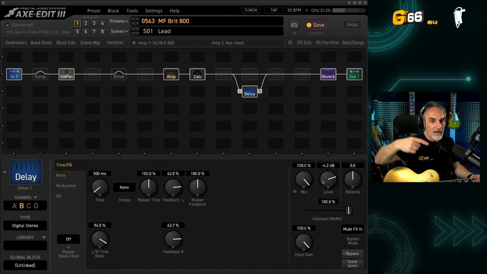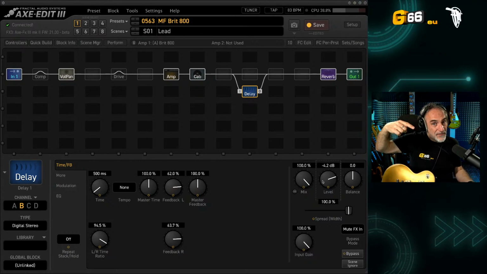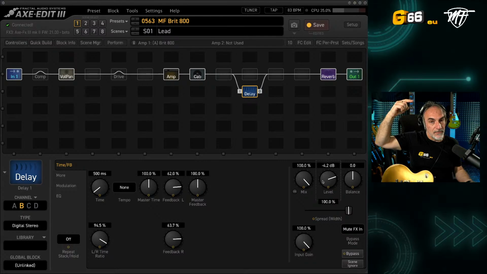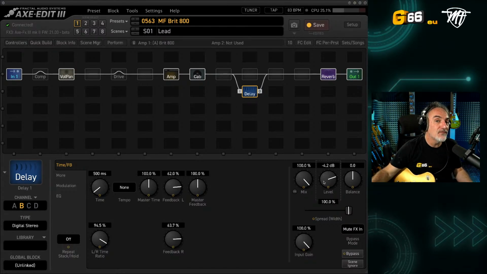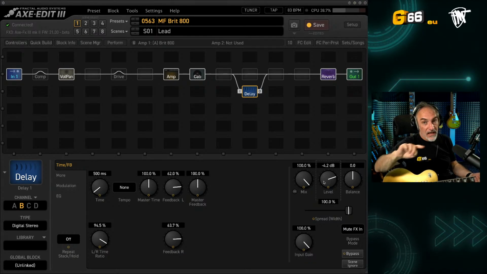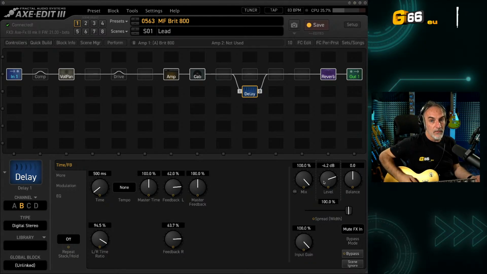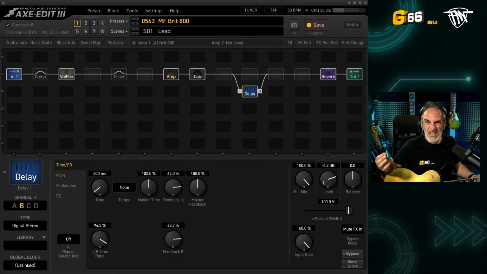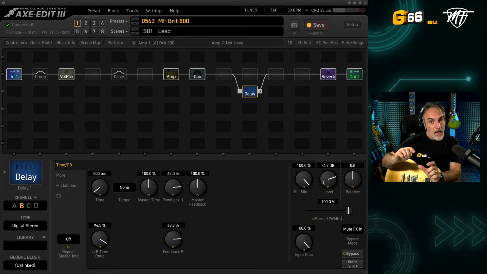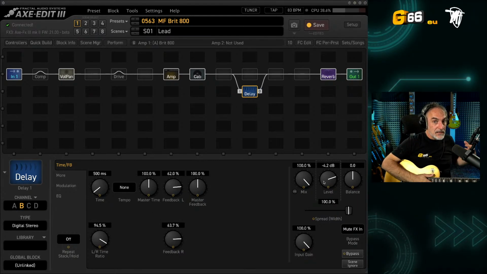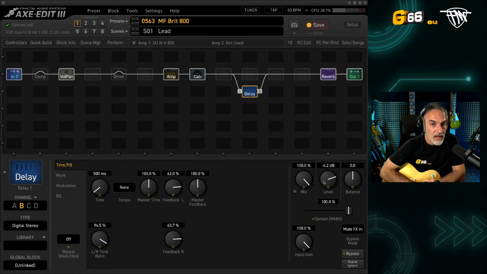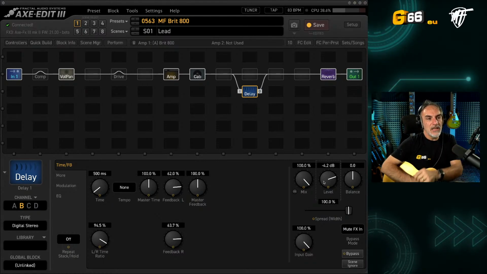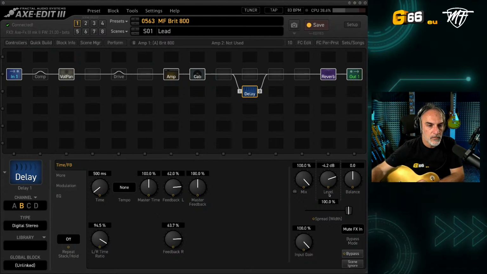When I change to the lead, you can hear the feedback is louder. Why? Because it takes the new level settings. And in the opposite direction, when I switch from lead to rhythm, okay, it's the same. This is really bad. It's not natural. Because when I change the scene, the delay takes the new value of the level. So the trick to avoid this problem is to keep the level